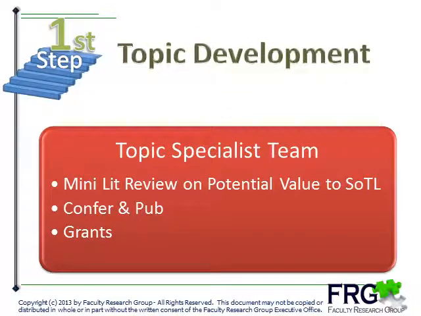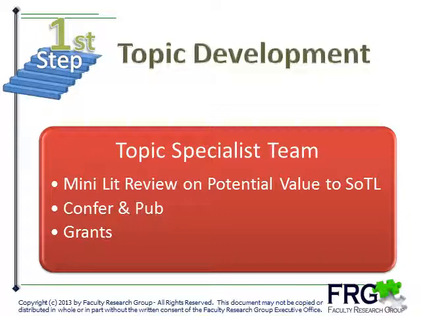The very first step in our research process is how topics are approved for research. This starts with our topic specialist team. This team is a group of FRG specialists that determine if the research is valid to the Scholarship of Teaching and Learning. The Scholarship of Teaching and Learning model was first discussed by Ernest Boyer in his book entitled Scholarship